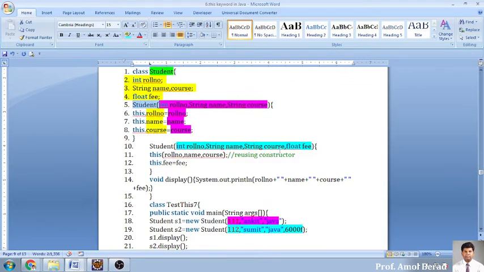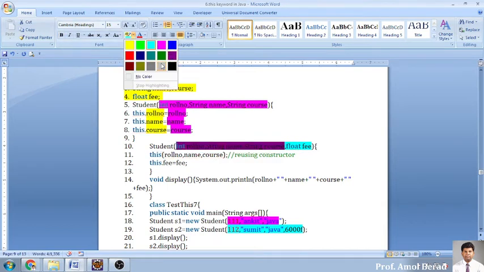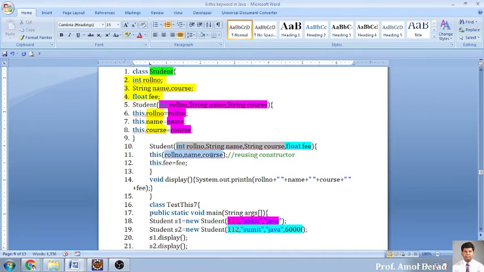In those situations, I will just remove this part, and I will be using this keyword, and only 3 out of the 4 will be passed. Only 3 out of the 4 will be passed to the upper constructor. Okay, so this is called a chaining of constructor. Meaning, one constructor is getting 4 parameters, and out of 4, 3 parameters are passed to the constructor which is with 3 parameters,